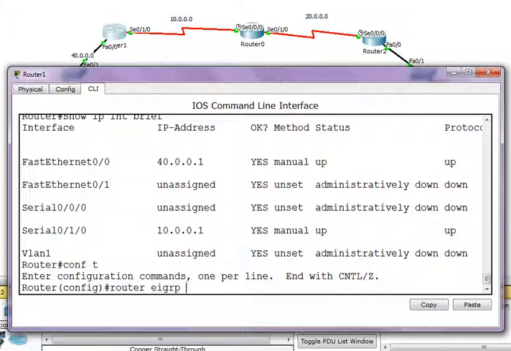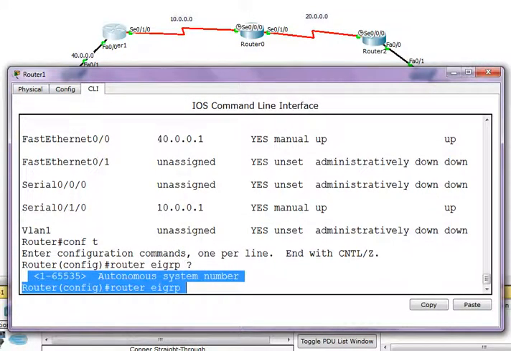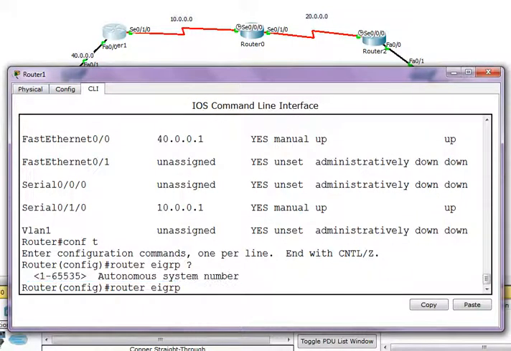I'll put a question mark, because the Cisco router helps you understand the next command. It's telling you the autonomous system, your area. You can give anything between 1 and 65535. Let me give 1000. I've just given my area as 1000.